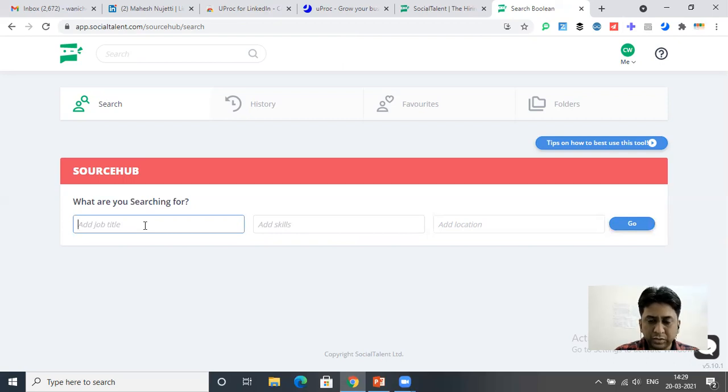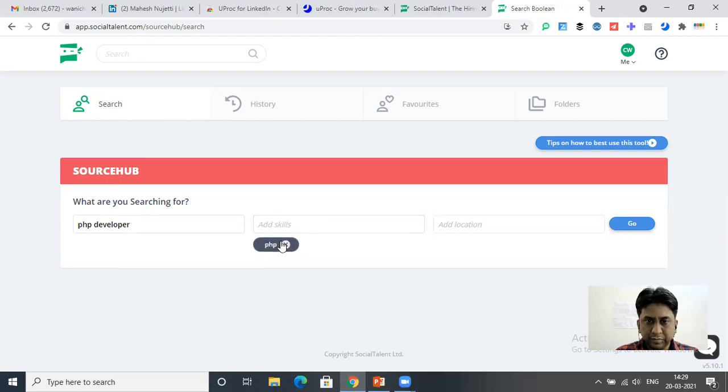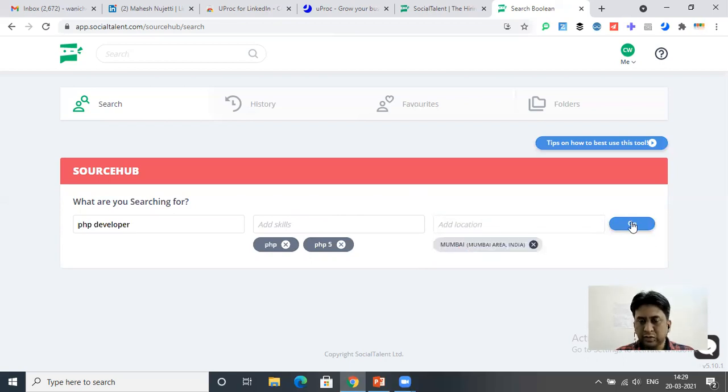Okay, so now PHP developer, then PHP 5, core PHP. These are some keywords which I am using. For location I will write here Mumbai and click on go.